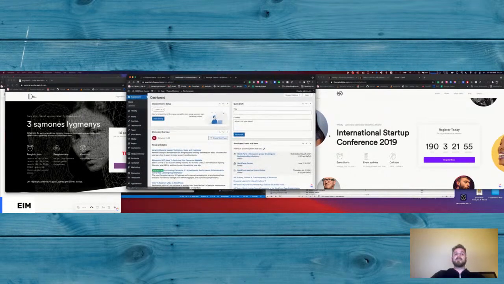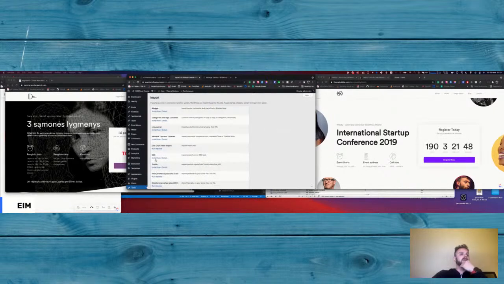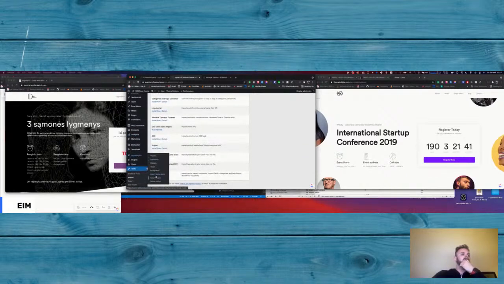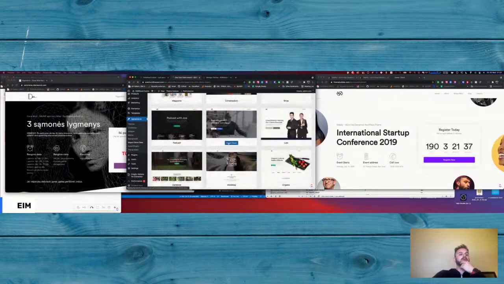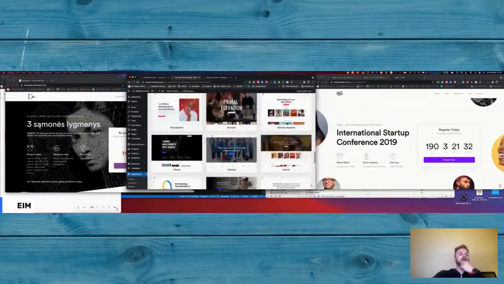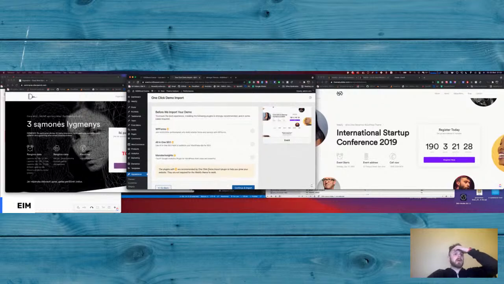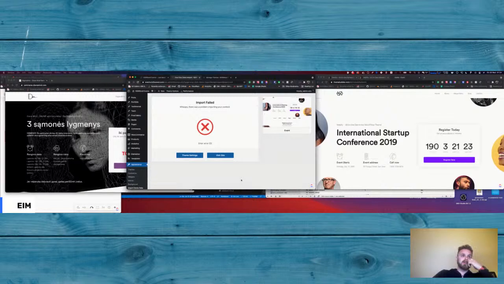Let's save this password. The only thing missing for it to work is a one click demo plugin. I remember this has some weird way of importing the content into this template, and I had trouble with it. Import demo data. Okay. And I want to import the template. Yes. Which template do I want? I reviewed way too many templates in my life, and all of them were crap. So I will try to create something better than a WordPress template in the future.